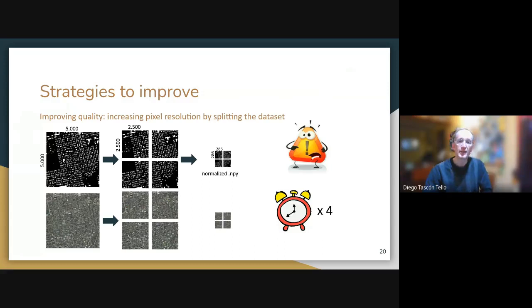In the original dataset, every pixel represented 30 centimeters of land or of landscape. And when resizing that to 286 by 286, that pixel resolution changed to more than 5 meters per pixel. So we thought that increasing that resolution could let the model learn more details